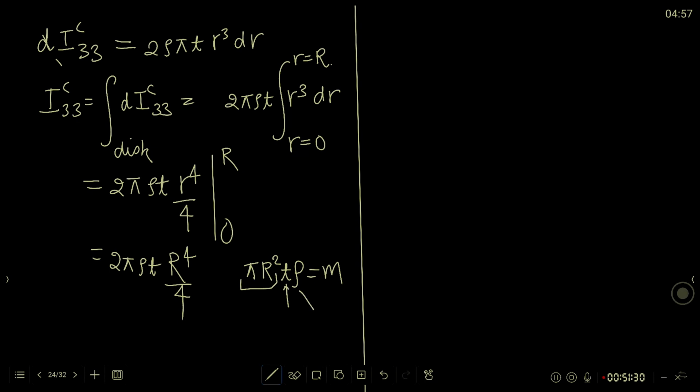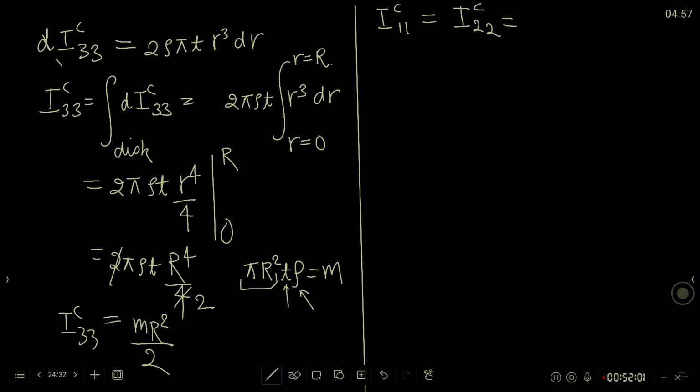So eventually, and this 2 will anyway cancel out, you get mR square by 2 for IC33, and thus IC11, which we already know equals IC22, is mR square by 2 by 2, which is mR square by 4. So for that thin disk, the full inertia matrix is